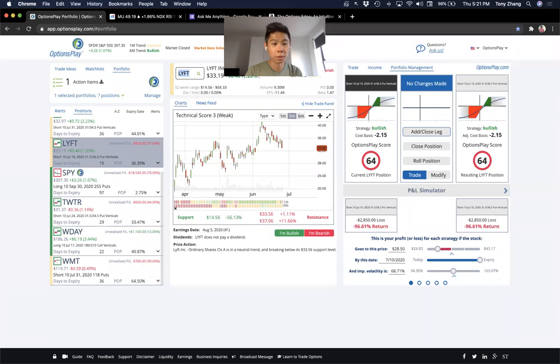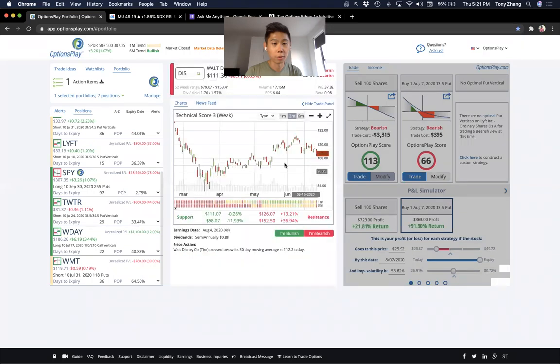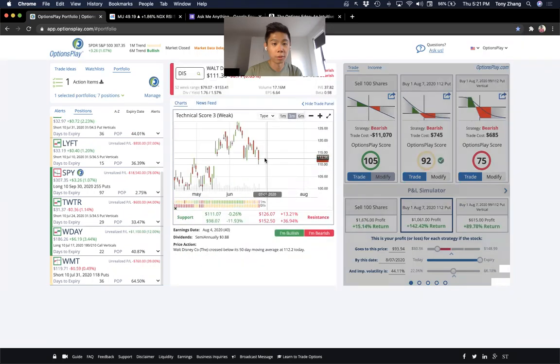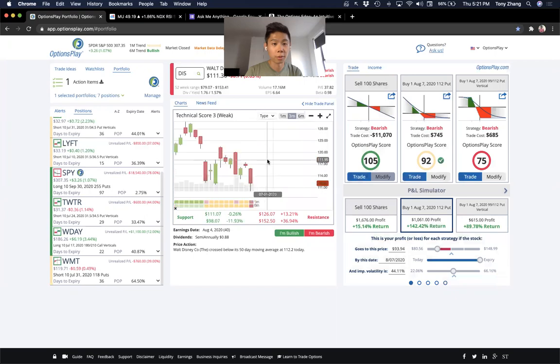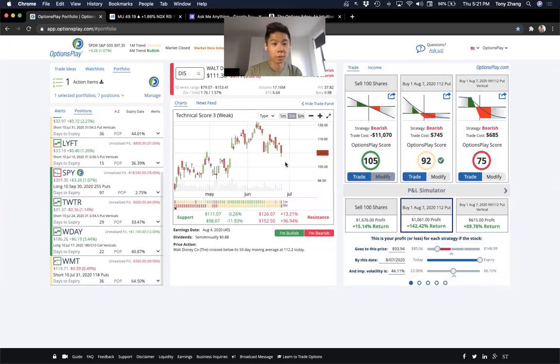Disney, I really liked Disney earlier this week, but again, same thing. Momentum is really starting to shift to the downside here, especially with Disney parks not looking particularly strong. You do have this major gap that is just about to fill around 109. If it breaks below that, I think I would be turning around on Disney. If it holds it, you might get a move to the upside, but right now, I think the risks are skewed to the downside for Disney, so I'm not particularly bullish here.